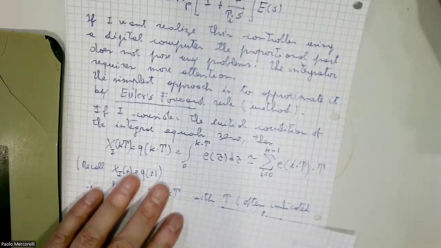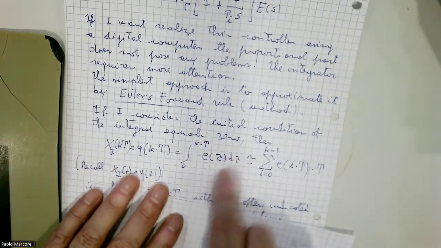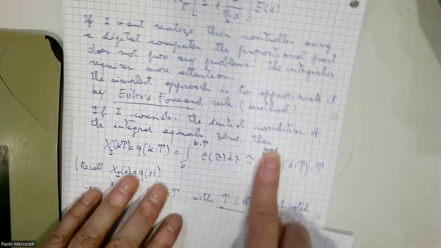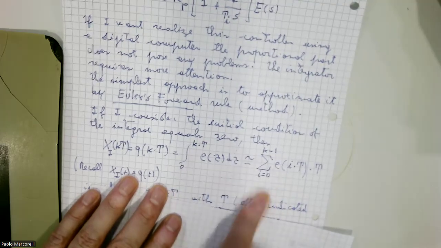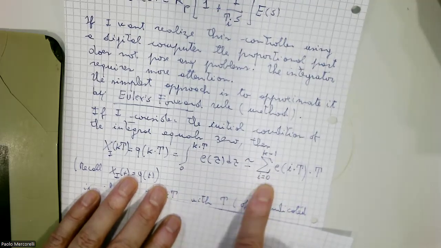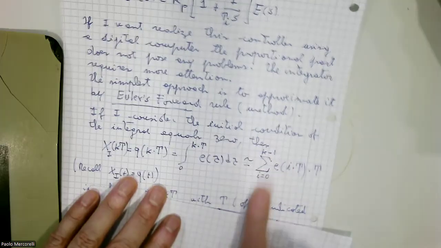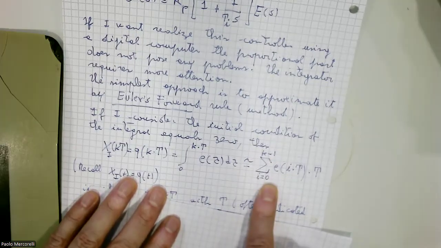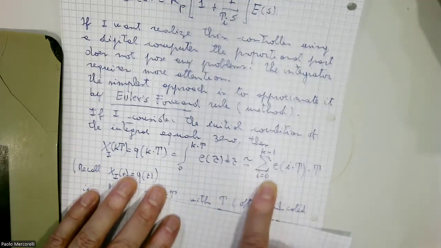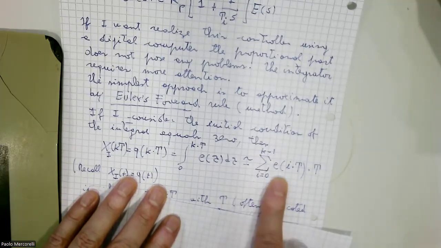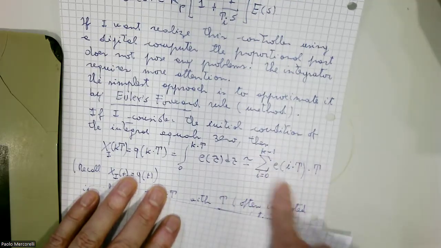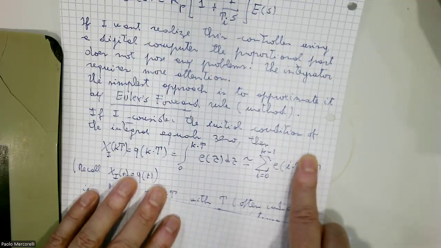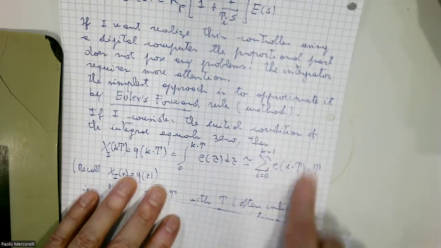Now, to approximate this expression here, as in high school, we consider the sum. We consider the sum between 0 and k minus 1. Do you remember last time I tried to explain? We have basically k elements, and this basically is the approximation of, do you remember last time, the surface which I have